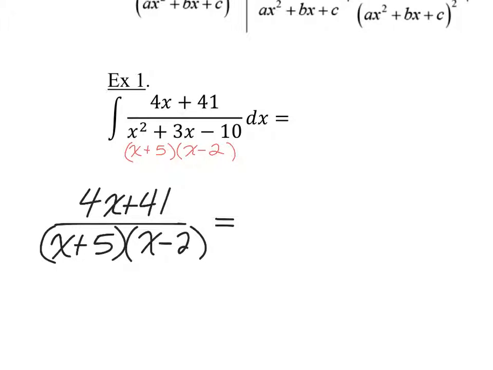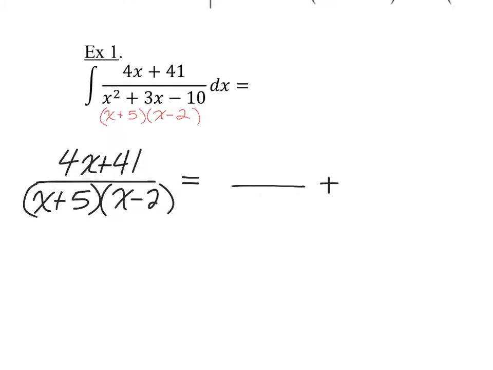So I have 2 factors. Each one is going to be a denominator in my expansion. Now, this is the one big component. When we're deciding on what the numerators are going to be, you could technically go guess and check, and a lot of times it's going to work out, but you kind of want to stay away from that. We know that the numerators have to be some constant. I just don't know what the constants are. I don't want to say that it is the derivative of this denominator. The relationship is that the numerator has to be the derivative of